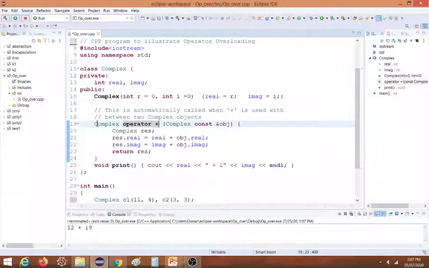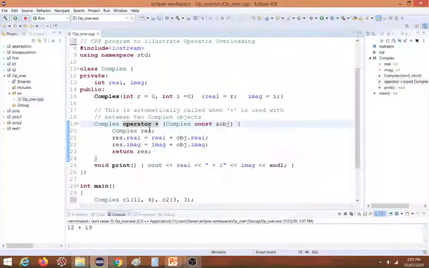The return type is also an object, so we will be passing a complex number to it and it will be returning the result. Along with this plus operator we will be passing one more complex number as a parameter. So these two complex numbers will be added and returned by the function.